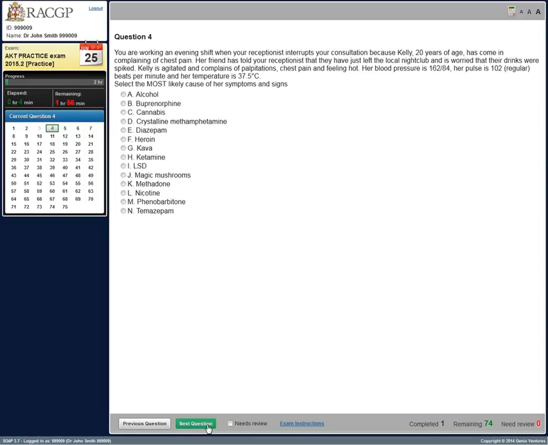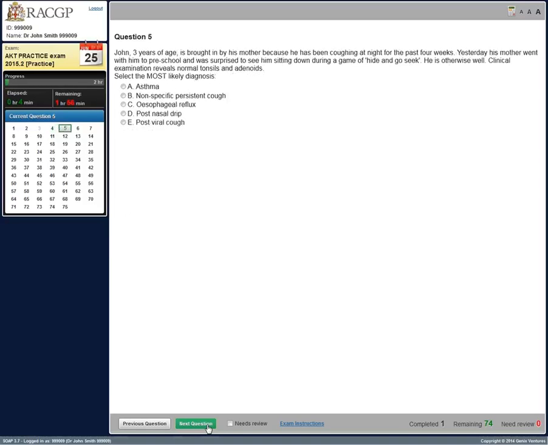This is a modified extended match question. The question number is at the top and corresponds to the number in the question box. The question is written below the number followed by the answer options. This question format was also in the practice exam you have completed. The exam is designed to only allow you to select one answer.